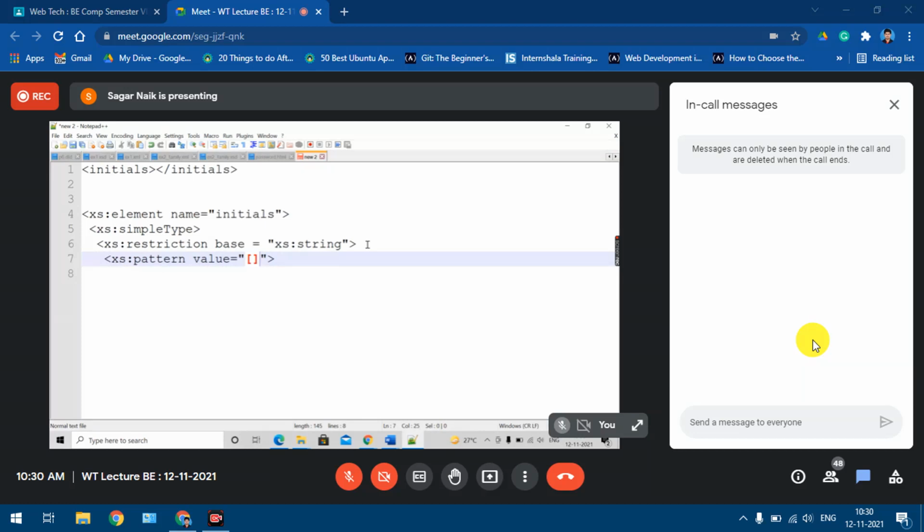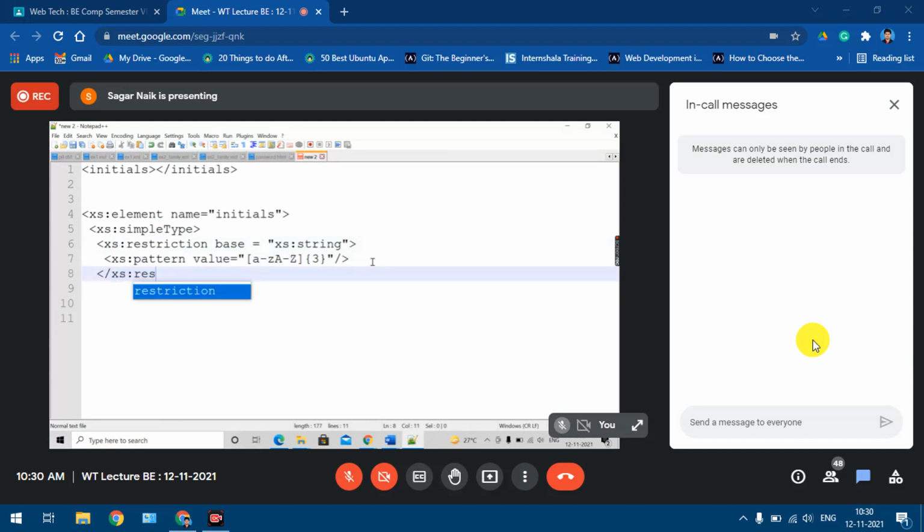We need three alphabets, so they can be from this set or this set, and how many? Three. This is how I define the pattern here. Now I'll close the tags. I'll close the pattern here, you can also close it on the next line. Then what do I need to close? The restriction tag. So I'll close that tag.